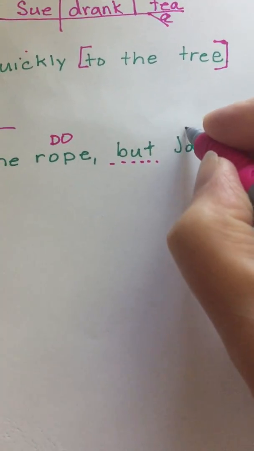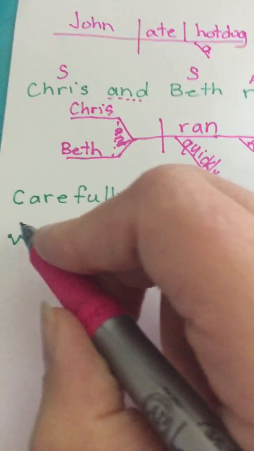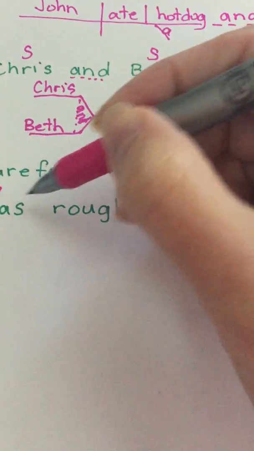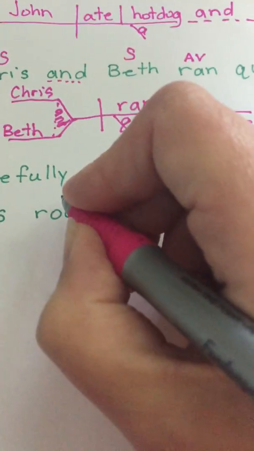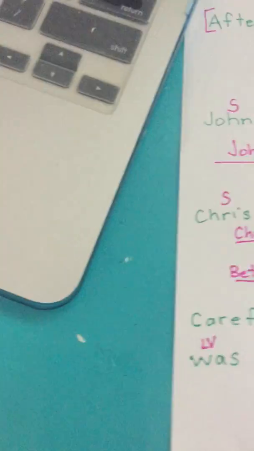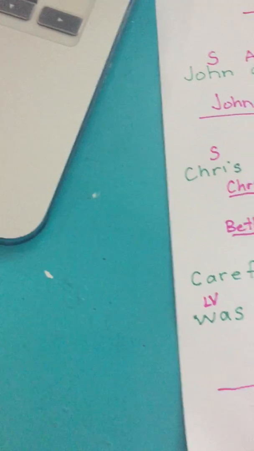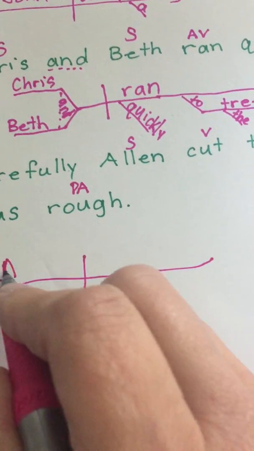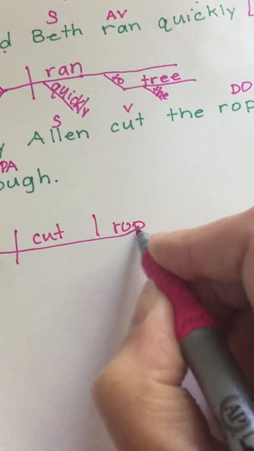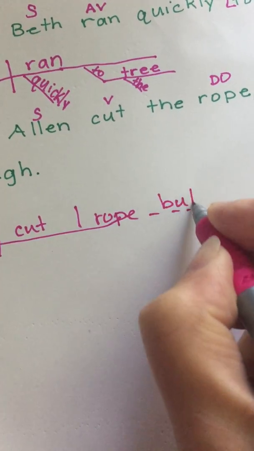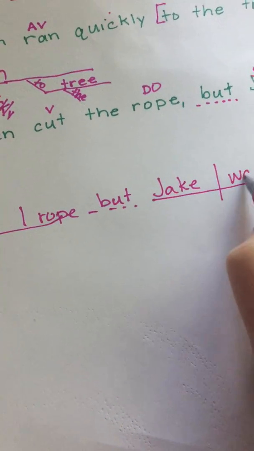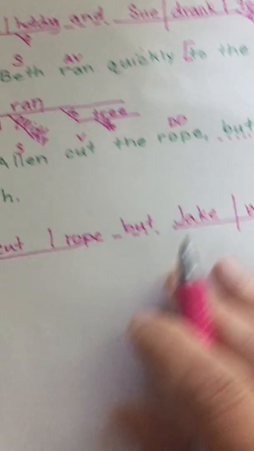Jake was rough. Subject is Jake. Was. This is a linking verb. When I think linking verb, I think diagonal line now. Was what? He was rough. So this is going to actually tell us about Jake. Okay. Oh, Alan is first. What did he do? He cut. Cut what? Rope. But Jake was, and remember that diagonal line after the linking verb,